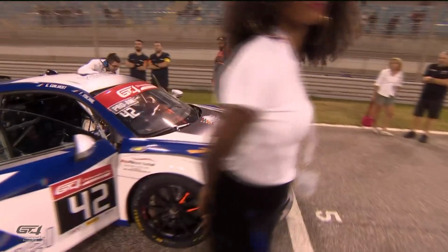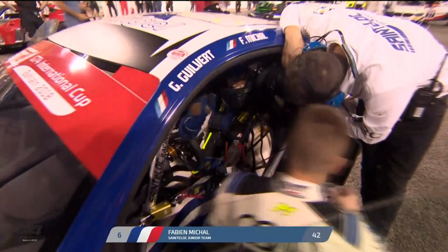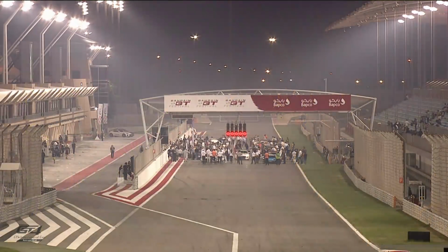Mercedes, their number 42 Audi, lines up 6th on the grid from the Santilloc Junior team, and Fabien Michel will start in that car, and Greg Gilvey, who will take it over, is very rapid indeed. So for the slower drivers, in some cases, it's a bit of damage limitation in this. You don't want to fall too far back and give your gun driver too much work to do in the